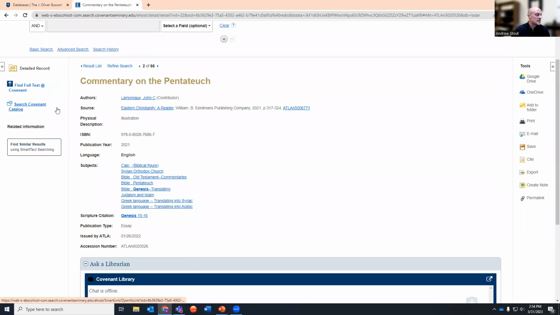So the database does not provide full text access to this essay. And that's going to be the case across the board with essays. If you find a resource that's listed as an essay, the full text is probably not going to be provided in ATLA. However, if you click the Find Full Text at Covenant link,